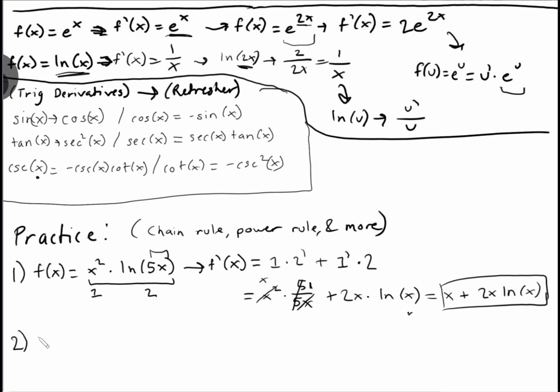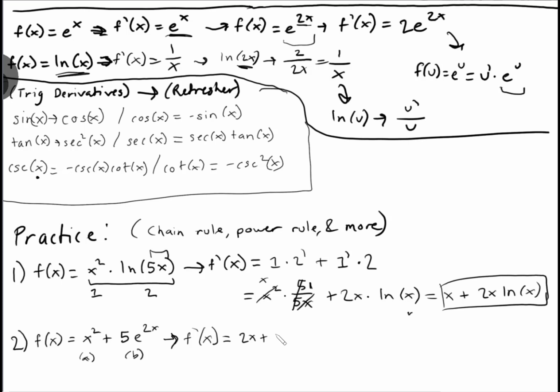Let's say our original function is going to be x squared plus 5 e to the 2x. What is the derivative of this function? Now these two functions are not being multiplied, so we can derive them separately and add their derivatives at the end, treating this as two separate functions, a and b. So we'll take the derivative of a function first, and we know that the derivative of x squared using the power rule is just going to be 2 times x to the 1, which is just 2x, plus,